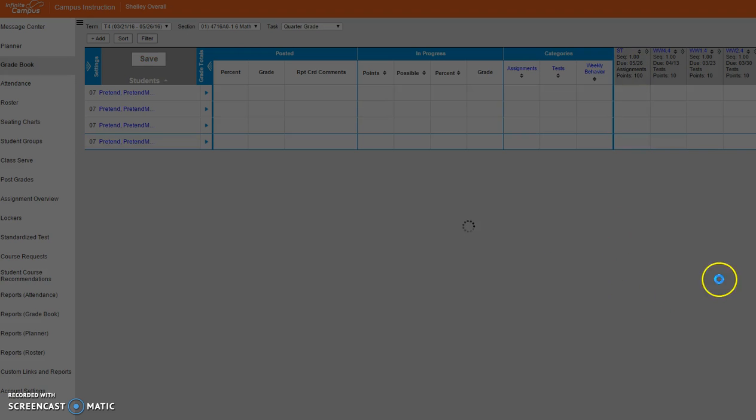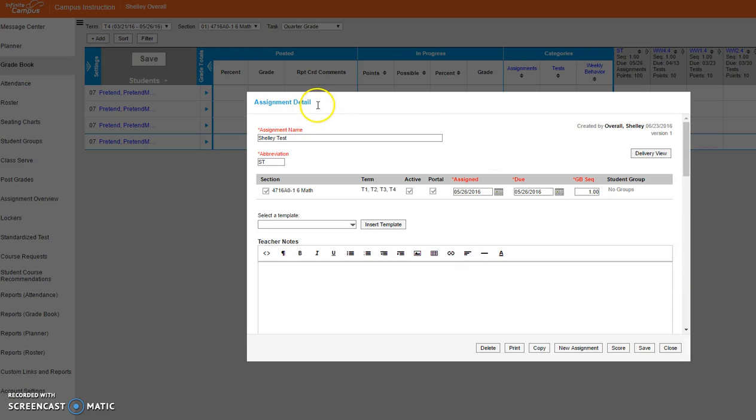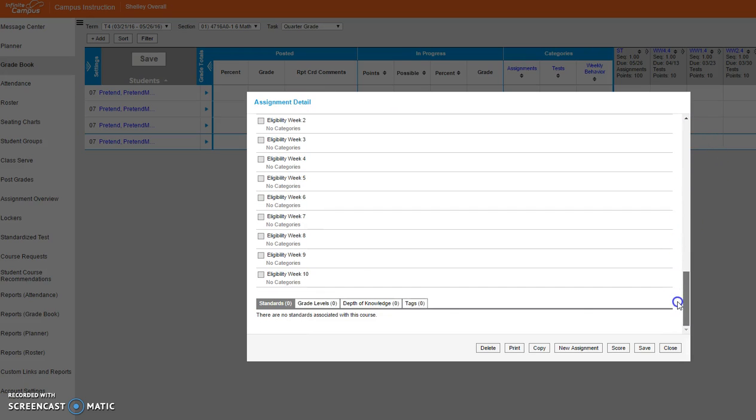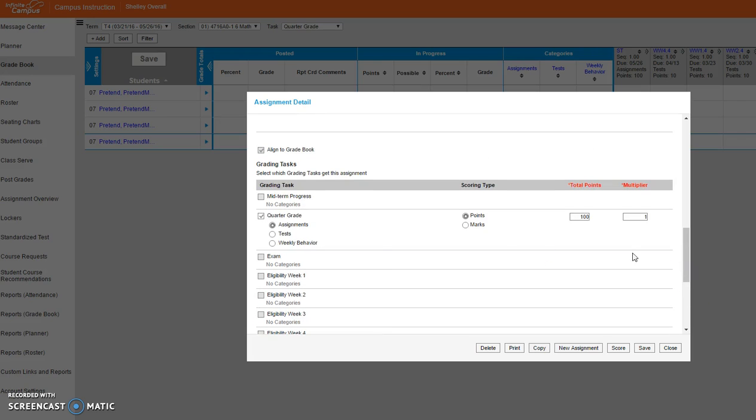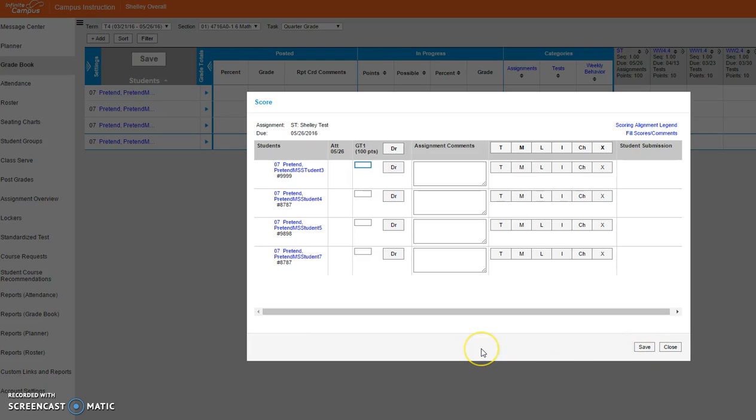I'm going to get back into this assignment, back into the assignment detail, and once I did the task that I applied it to, instead of saying just save, I could come over here to the score box. And now it brings it up so that all I see is this one assignment, and I can go in and enter the student scores